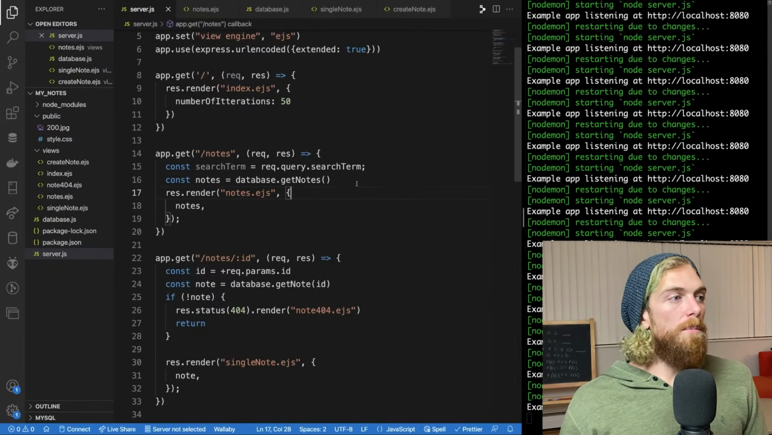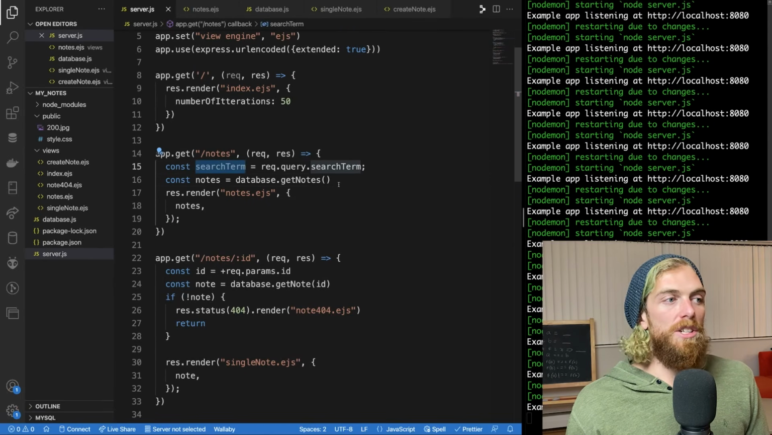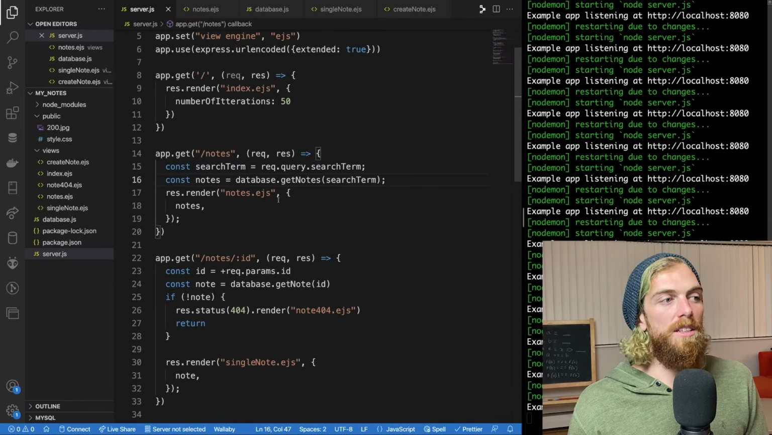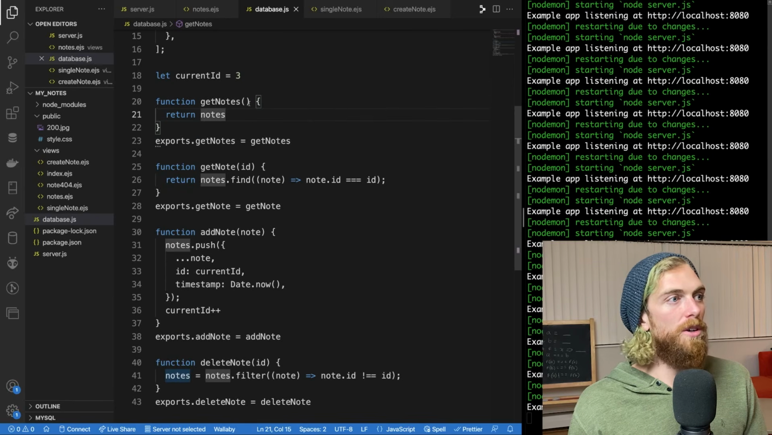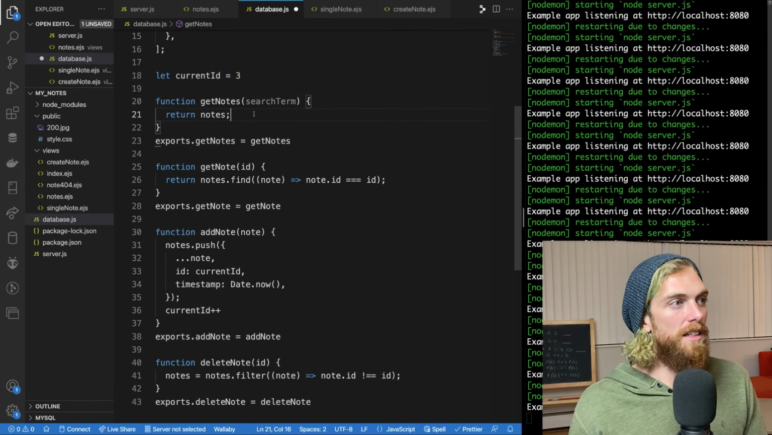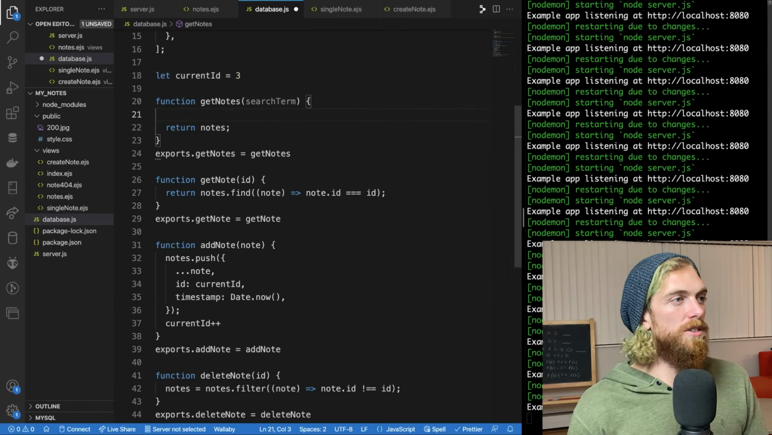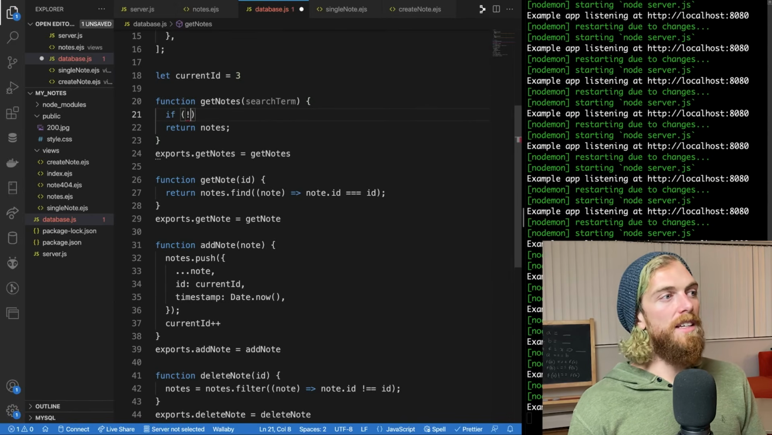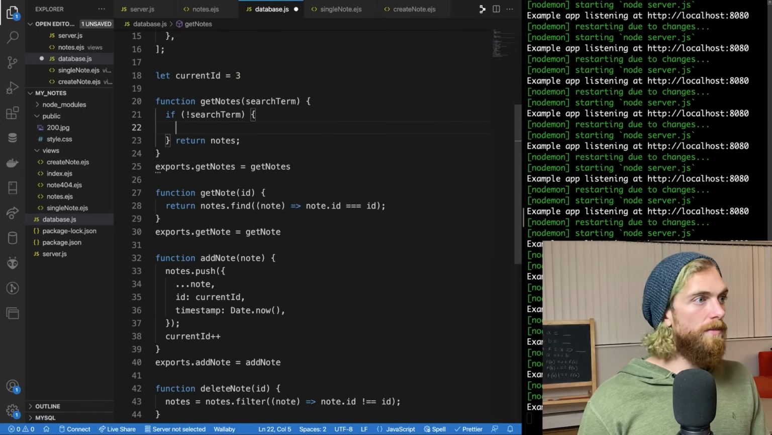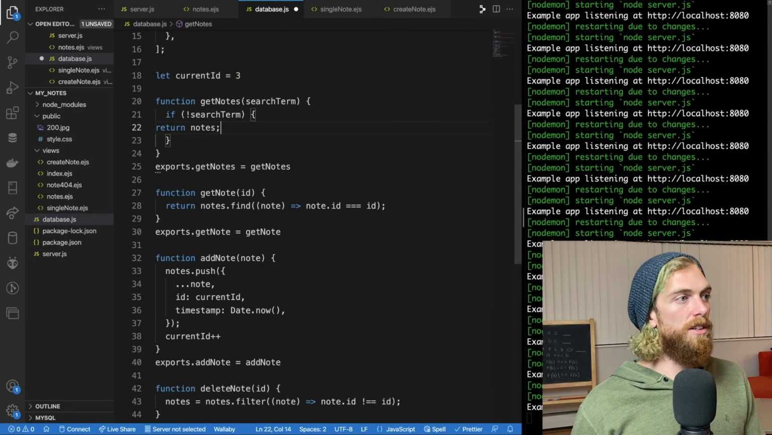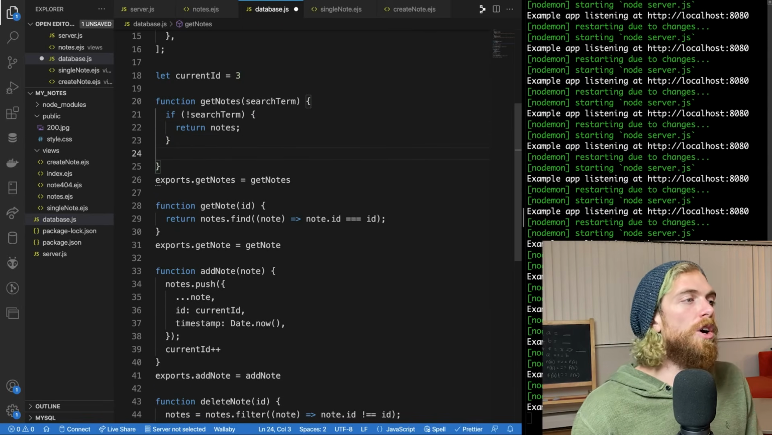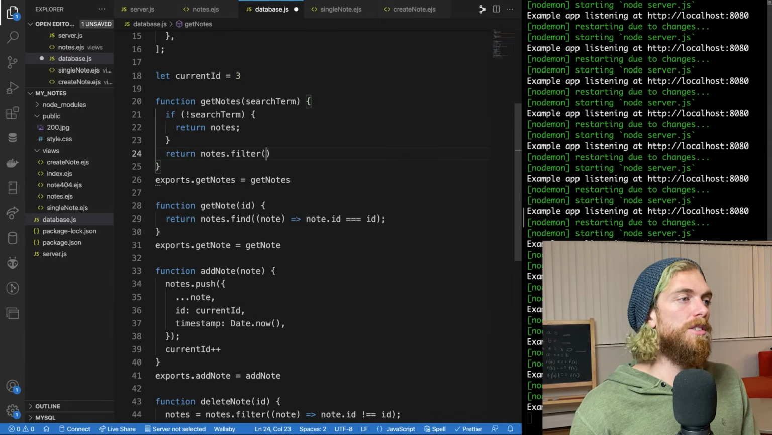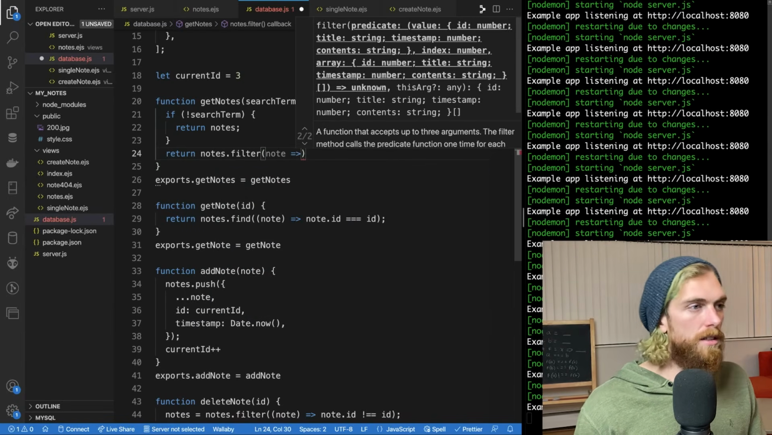So now, basically what I'm going to do is pass that search term to my database. I'm going to let the database handle this logic, and then we're just going to render whatever notes the database gives us. So right now that's all of the notes, but back in my fake database file, when I go to get all the notes, I'm going to allow a search term to be passed in, and I'll do 2 things. So if there is no search term, let's return all the notes, right? If there's no search term, just return all of the notes. But if there is a search term, we're only going to return notes. I'm going to filter again